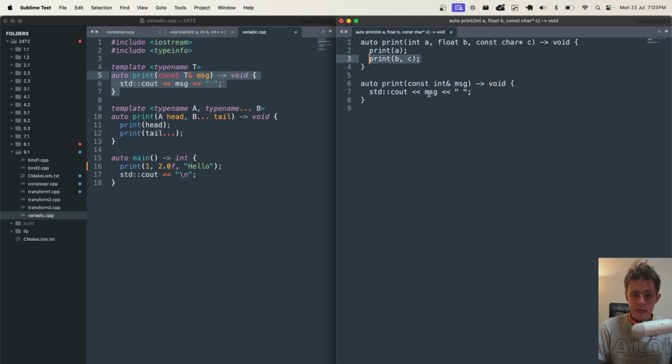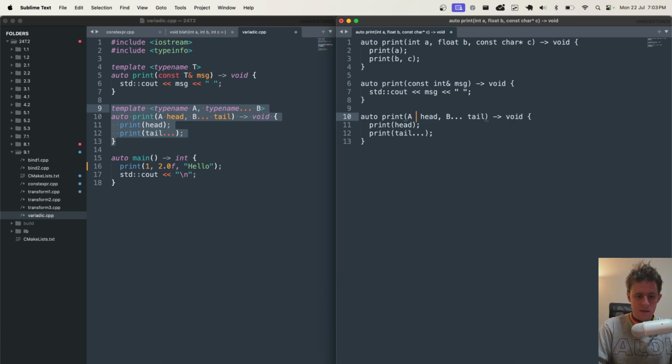And then print B, well, it needs to instantiate itself too, but it's still of the variadic template. So then down here, you end up getting this one where it says, okay, well, in this case, A is float, B, should call it float, head, const char star tail, does that.